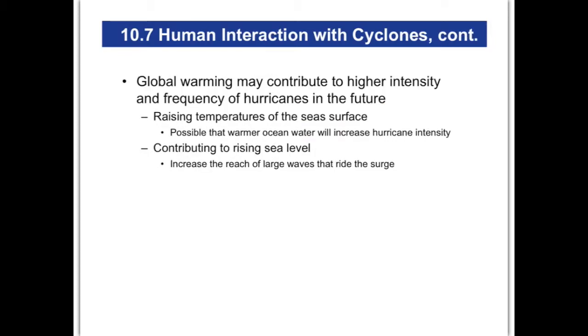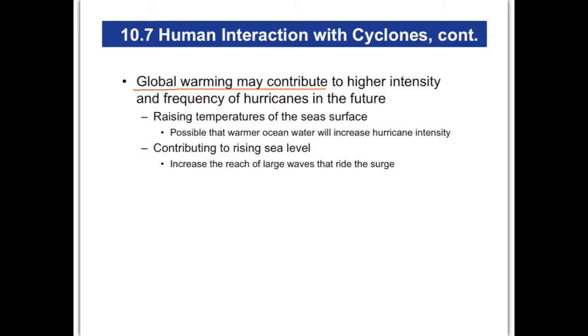And then, of course, there's always global warming, the fact that we believe that people have contributed to global warming. We do that by putting more of what we call greenhouse gases in the air, by burning more fossil fuels and putting carbon dioxide in the air. And we know that hurricanes are fueled by warm water.